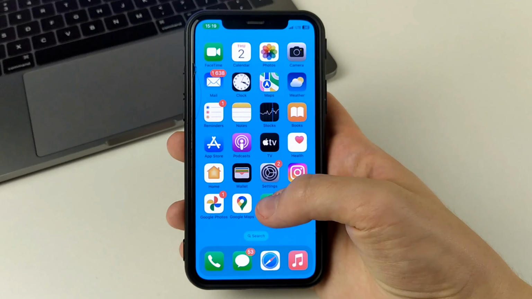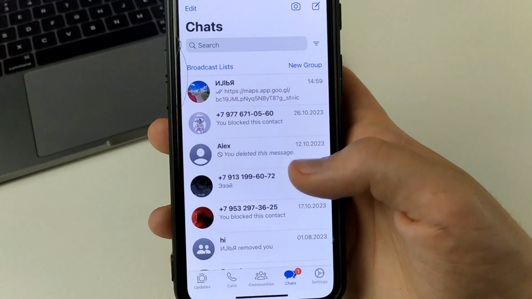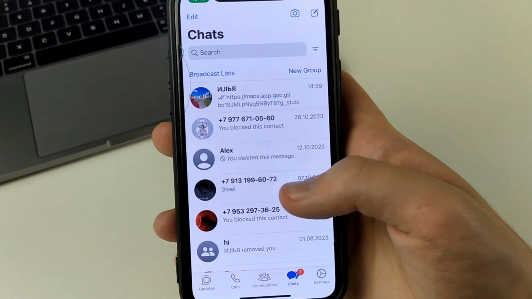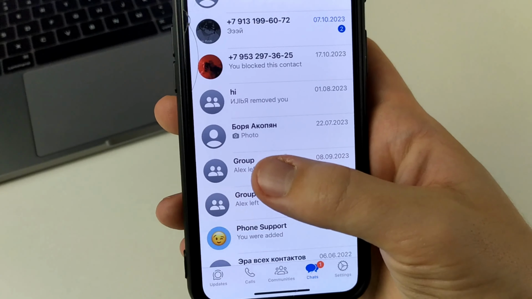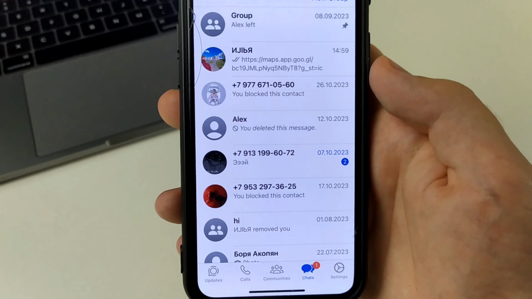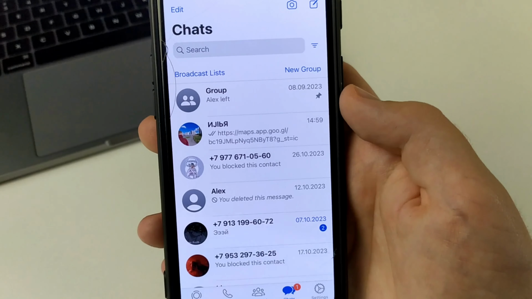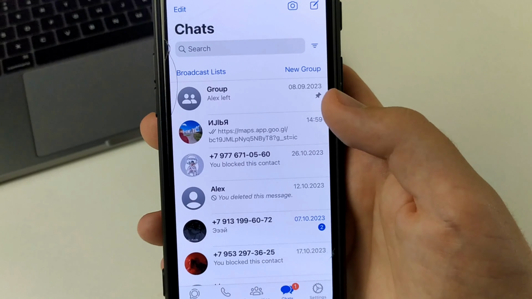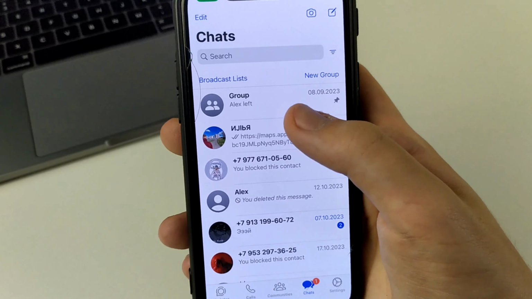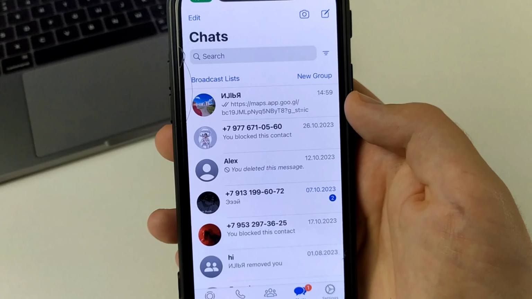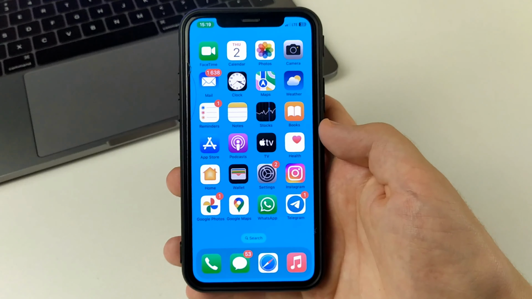In order for you and me to pin a message on an iPhone or iPad in WhatsApp, we need to go to the WhatsApp app itself. And then there are so many different chat rooms. And if we want to pin a particular message, then we go down to the bottom and find a particular person, let's say a group. We swipe to the right and press pin. And then that person moves to the top of the chat room, and it's pinned. Any other messages that come in will go down to the bottom, but this person's will be at the top.